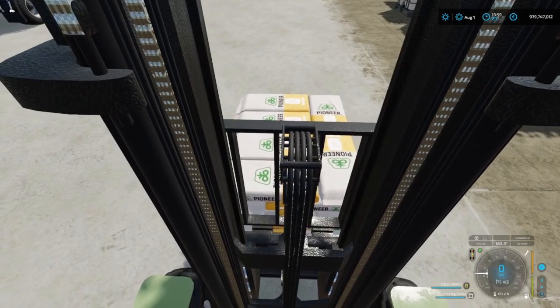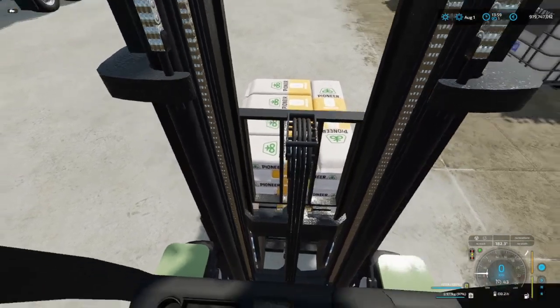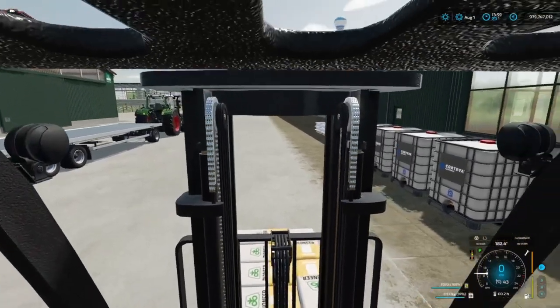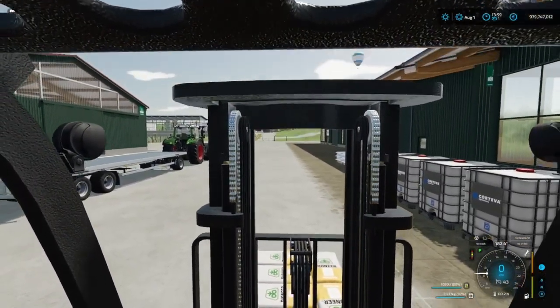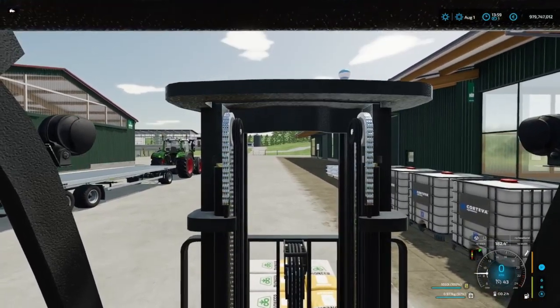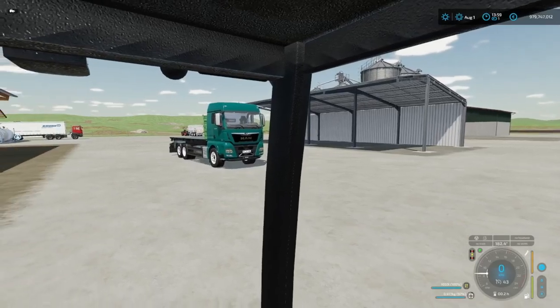Once again, it does not have to be perfect. Okay, so there you go, just enough. Now same thing here, we are going to be loading from this side, so